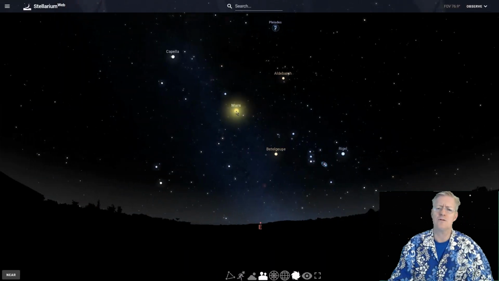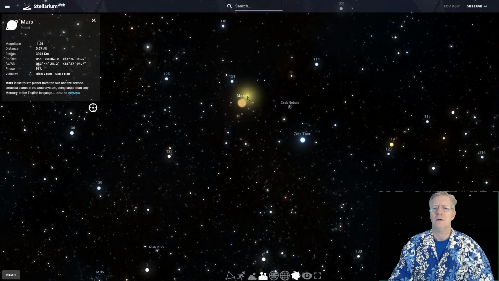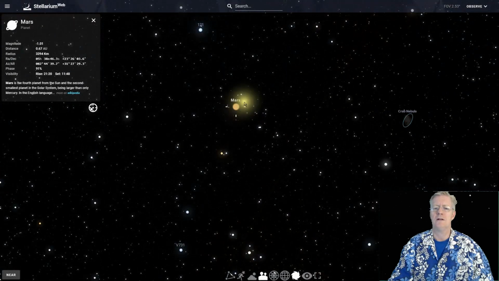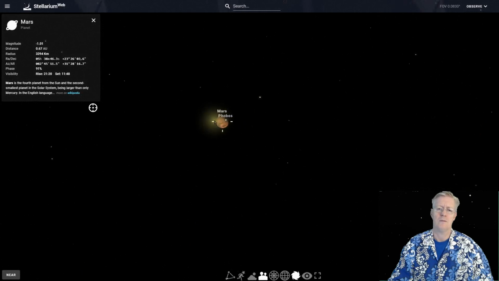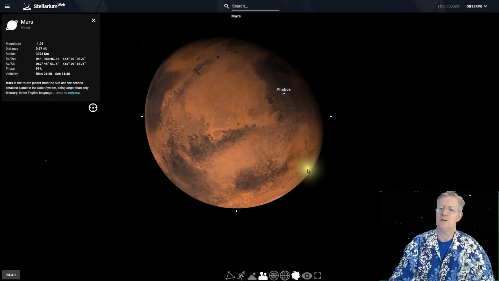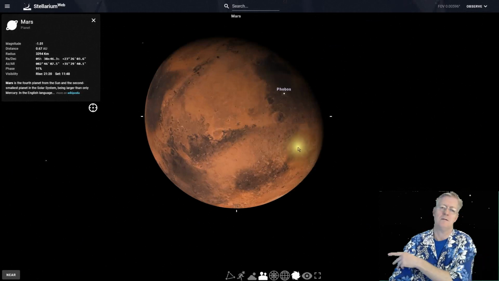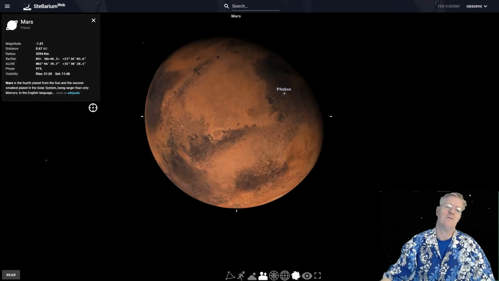What we're going to do is zoom in on Mars, and there's Mars. And see if I can zoom in on it here. There we go. There's Syrtis Major, there's Hellas Basin, and Tharsis Range would be on the far side of me.